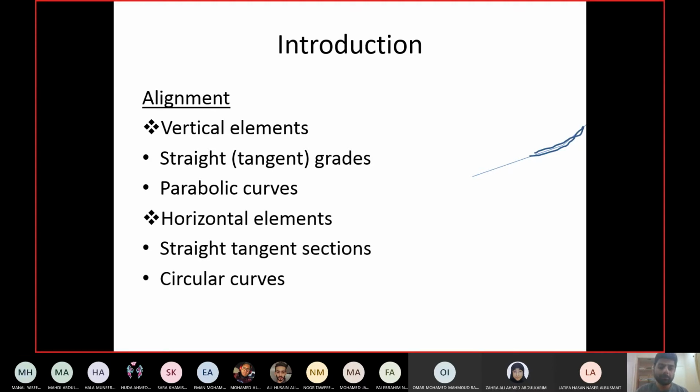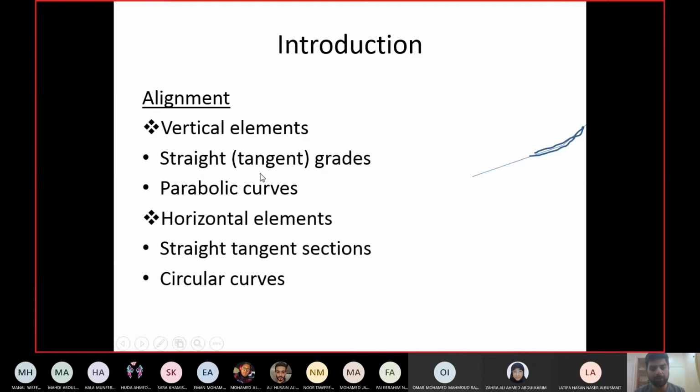Okay, so you have vertical alignment, horizontal alignment. Vertical alignment means fixing the direction of the road in the vertical plane. Okay, in the vertical plane, there are two elements of the alignment. One is the gradient, which they call the straight or the tangent part of the road, and the other one is the parabolic curves. So we have a part where you have a constant gradient. If you look at the road in the vertical plane, you will see some parts of the road having constant gradients, so they are straight or tangent parts, and then there are some parts which are parabolic curves. Why do we need parabolic curves? We need parabolic curves to join two different gradients.